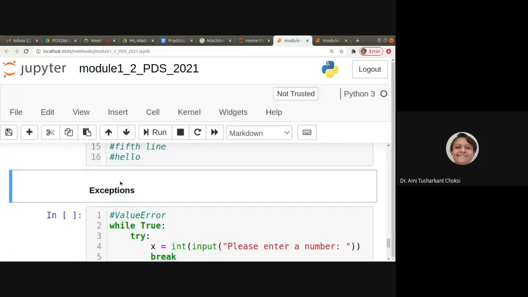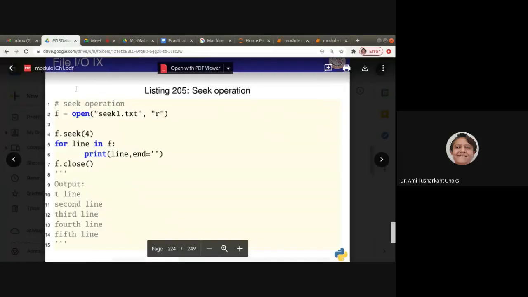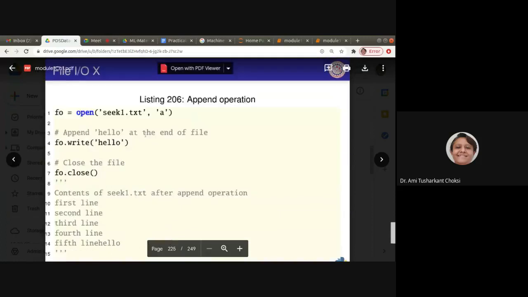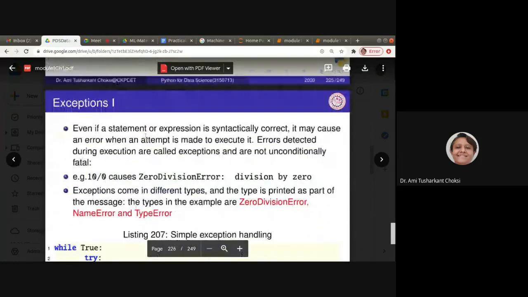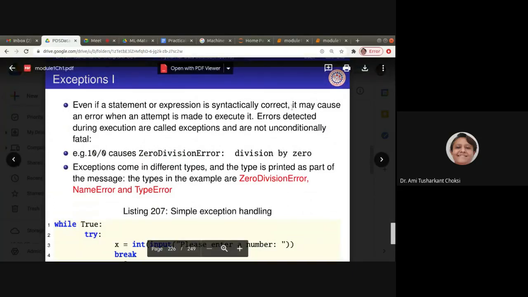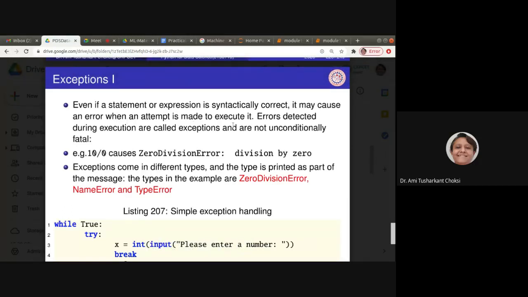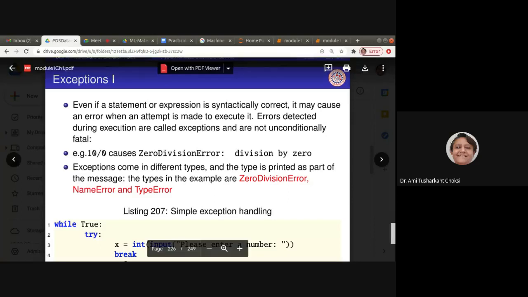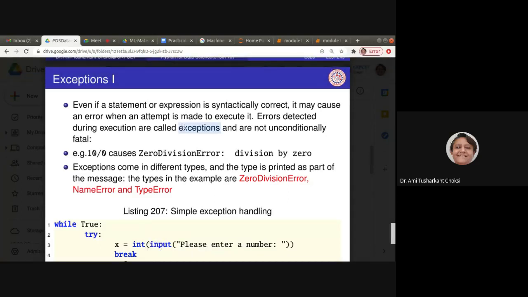So the next topic which we want to learn is exceptions. Even if a statement or expression is syntactically correct, it may cause an error when an attempt is made to execute it. Errors detected during execution are called exceptions and are not unconditionally fatal.